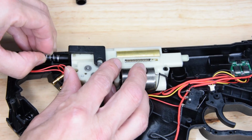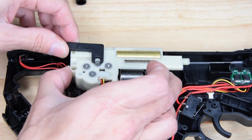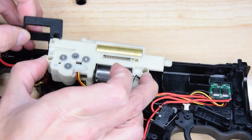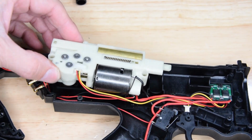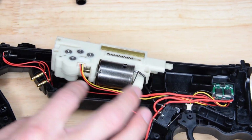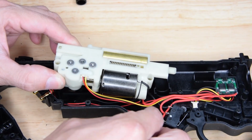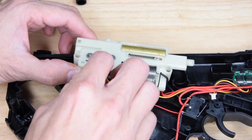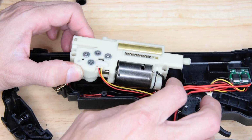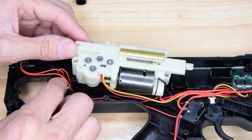I'm just going to get this out. I'm going to have to remove this spring from the charging handle, and probably the charging handle itself. I can just slide that out, hopefully. The box itself, aside from just sliding off those posts, so I just slid it off, is retained by the wiring. So it looks like we've got the 3 wires for the Hall effect sensor there, and then the main motor wires, positive and negative, and then the little skinnier wires which run the